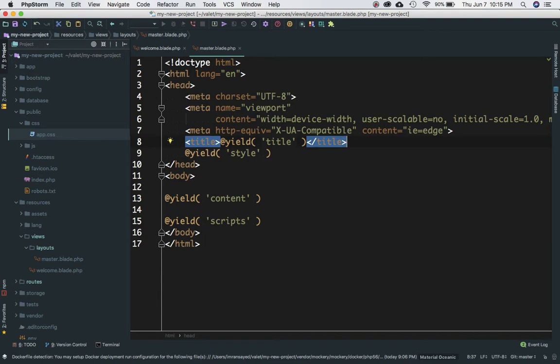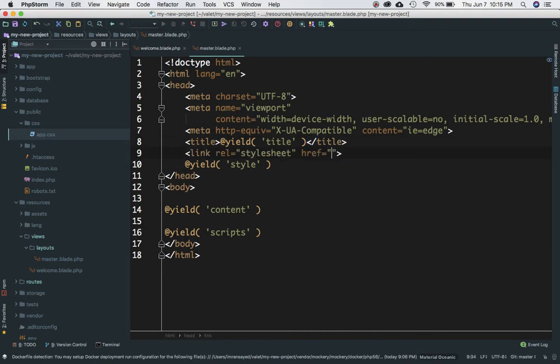So if I go over here and say link, and then in order for you to get the URL, there is a URL function, but you need to use that using the Blade templating engine, these two double curly braces for the echo. So remember this for echo, and inside of the URL you can say slash, and this would mean the root URL, and then you need to pass the URL up until that. So if I say app.css,